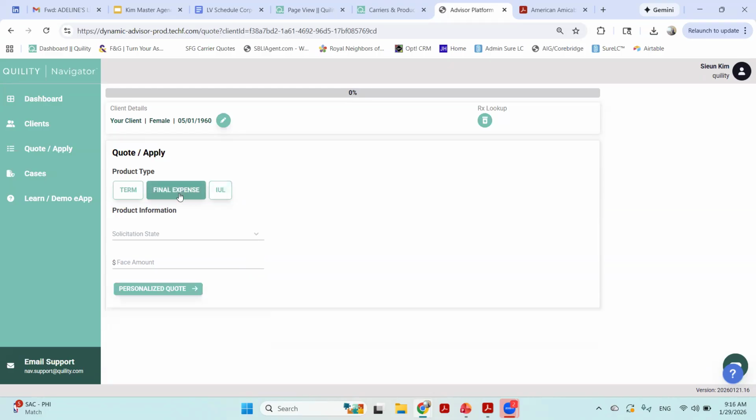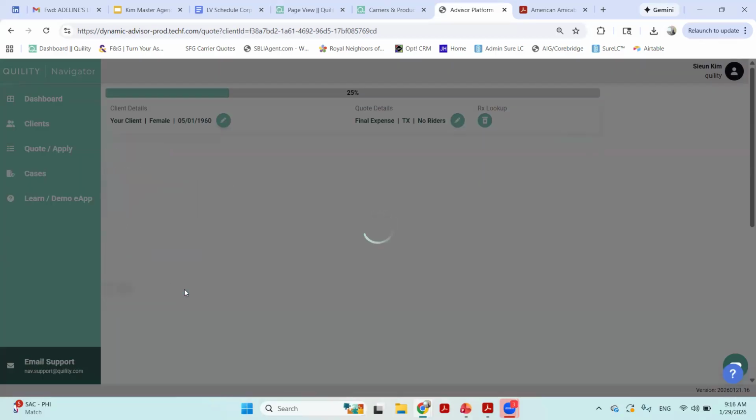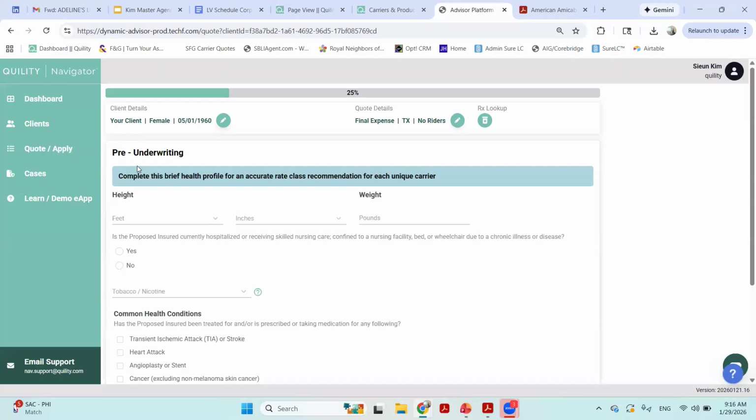You click on final expense. Solicitation state, let's go ahead and do Texas. And face amount, let's just say we do 50,000. Click on personalized quote. Underwriting. So here you can put in the client's basic information that you collected when you're doing the dialing. So if we do 5'3" in height and she's about 160 pounds,